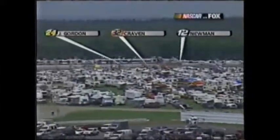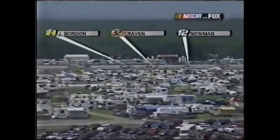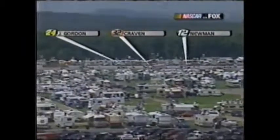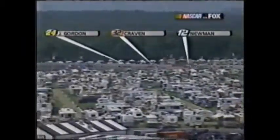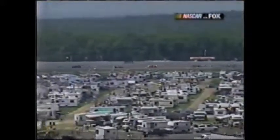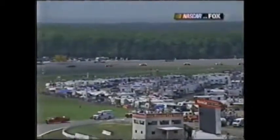There are your 3 leaders as they'll come around once pit road opens and come to pit lane for service. They're going to tip